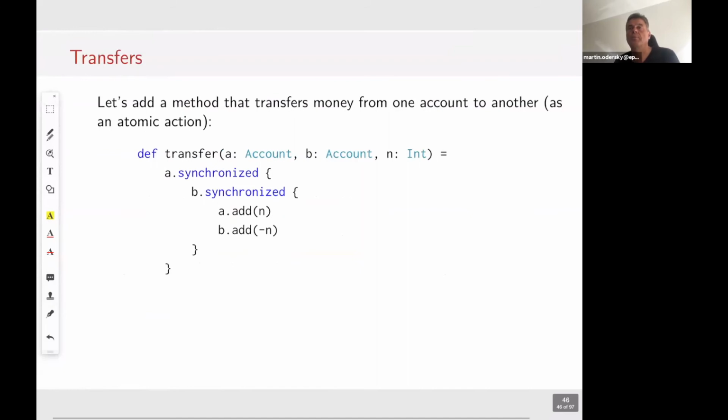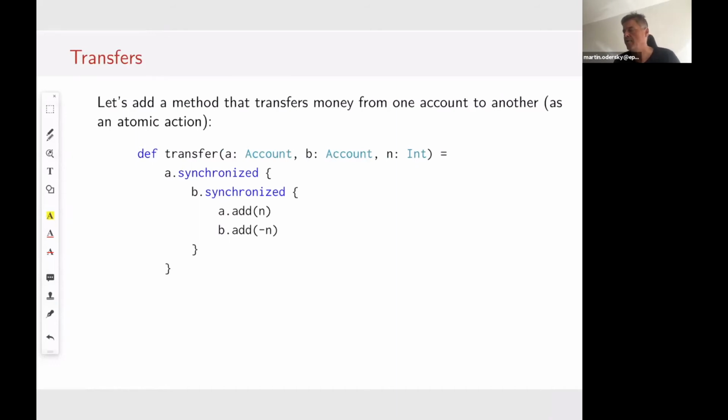Okay, good. So that was essentially an account example where just somebody anonymous adds or subtracts something from an account. Let's take this one step further and do a transfer between 2 accounts.